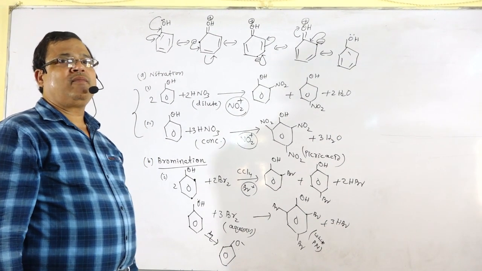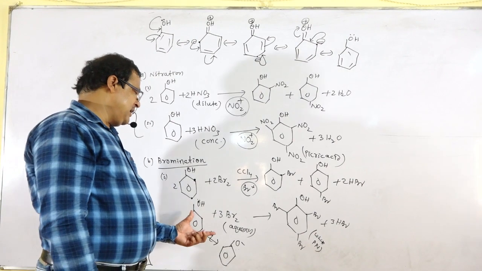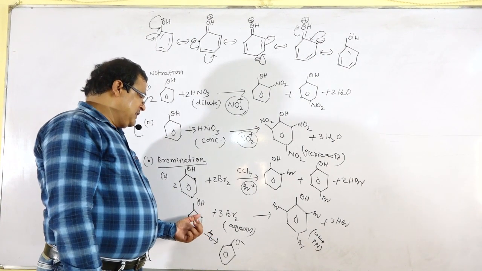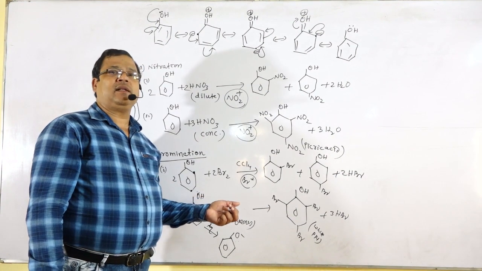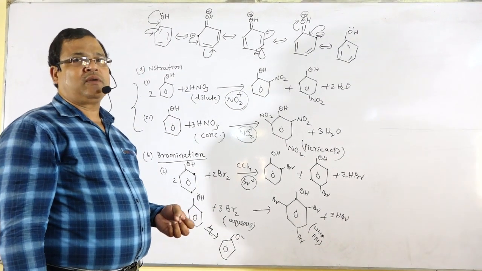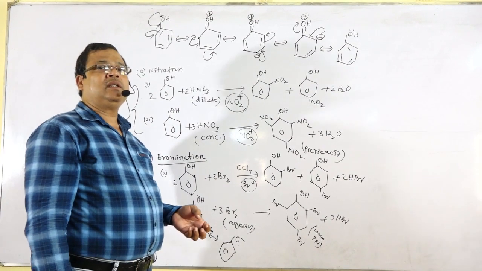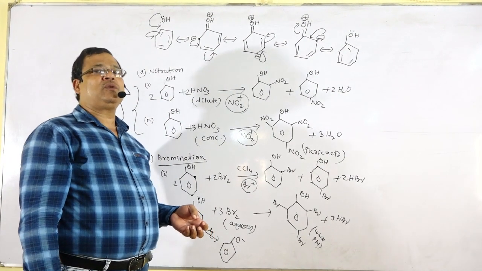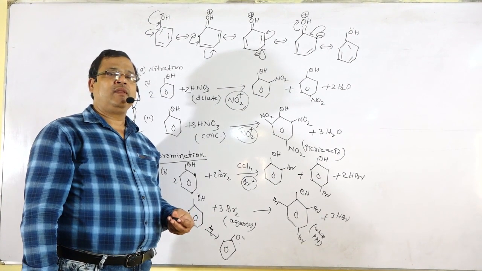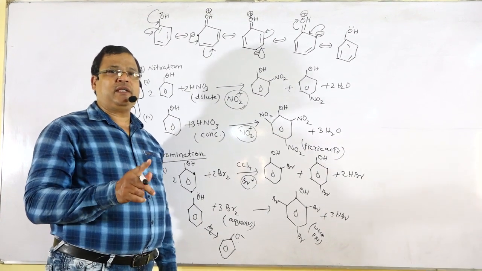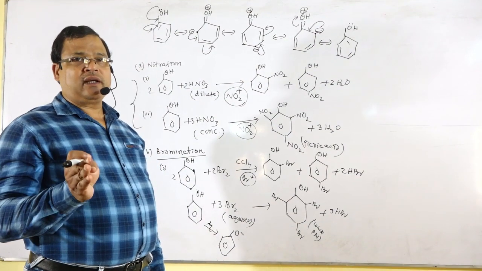This is the reason. The question that may occur is: when phenol is treated with bromine in CCl4, only ortho and para products are formed, but in aqueous medium, all the ortho and para positions get occupied to form 2,4,6-tribromophenol, which is a white precipitate. Why? Because phenol in aqueous medium will produce phenoxide ion.